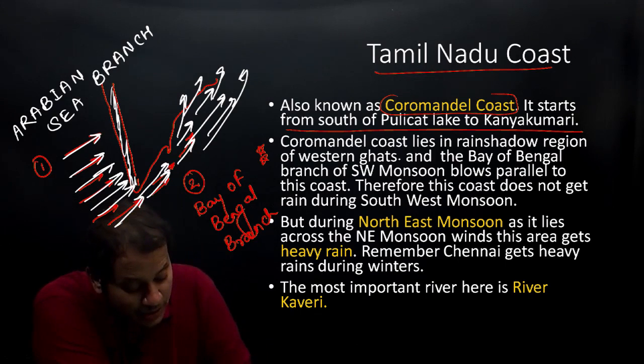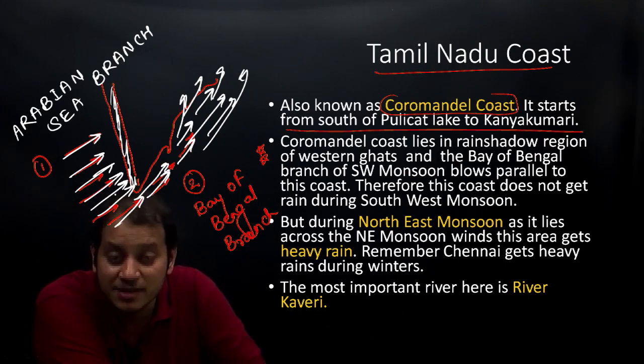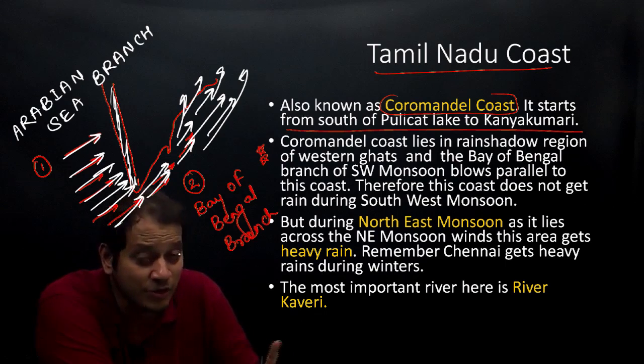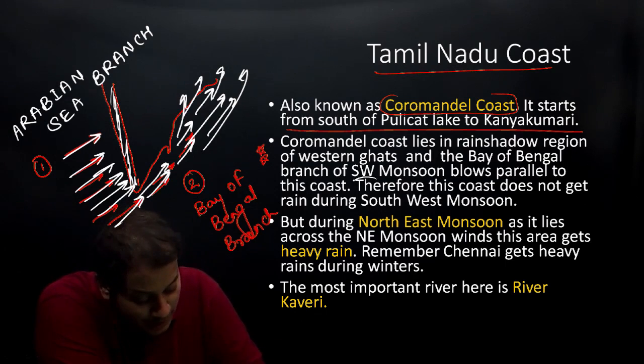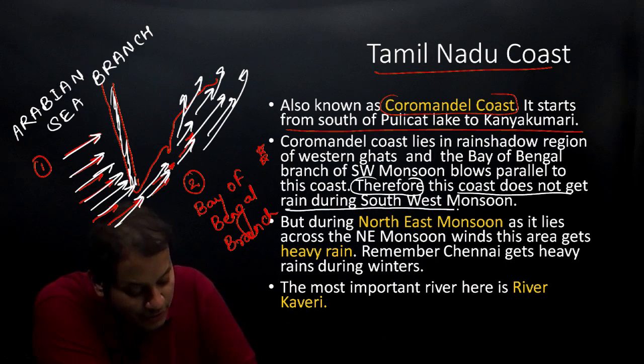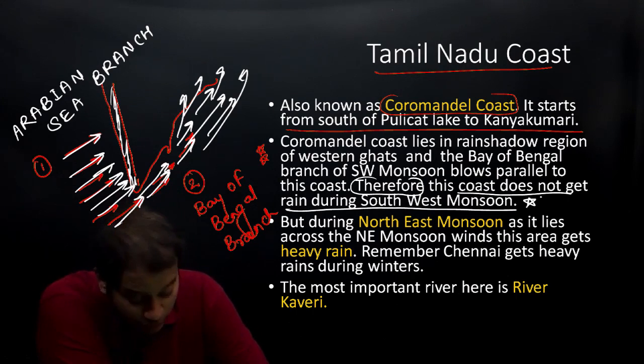The Coromandel coast lies in the rain shadow region of the Western Ghats. Because this is the Western Ghat, the Arabian Sea branch cannot give the rainfall, and the Bay of Bengal branch of the southwest monsoon blows parallel to the coast. Therefore, this coast does not get rainfall during the southwest monsoon. But